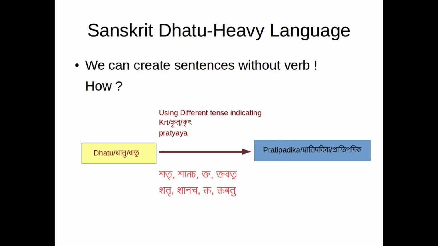So it is possible to create sentences without a verb in different tenses using only pratipadikas, but those pratipadikas would be derived from a dhatu only using some tense indicating krit pratyaya. In that way, we can create a sentence without a verb, but we need to take the help of a dhatu to create such sentences. That's why dhatu is very important in the Sanskrit language. Now, coming back to an example,